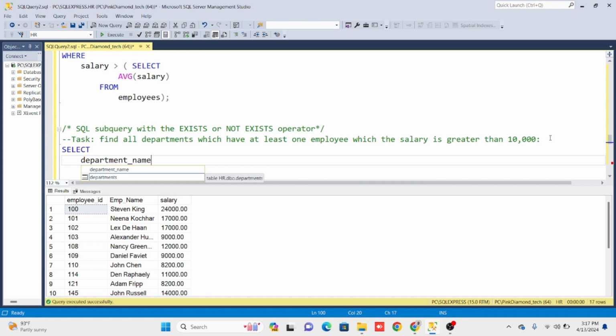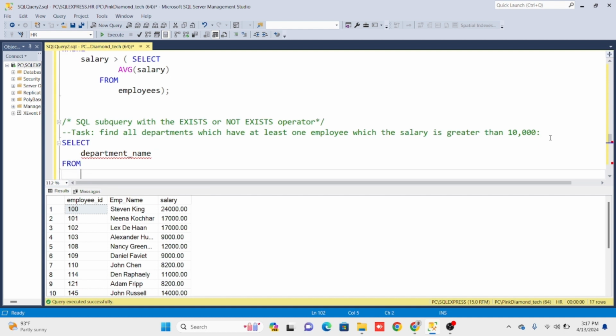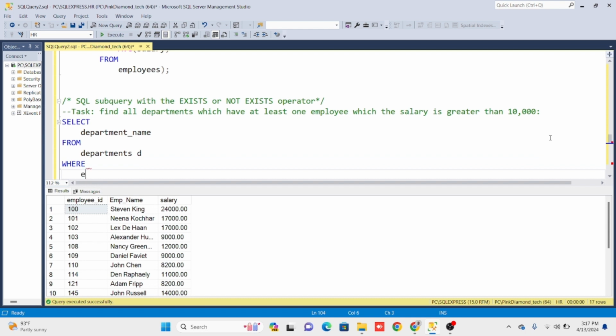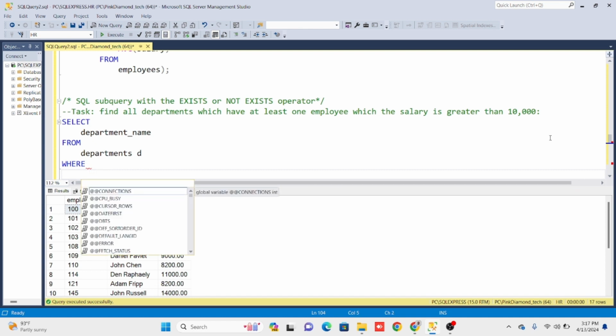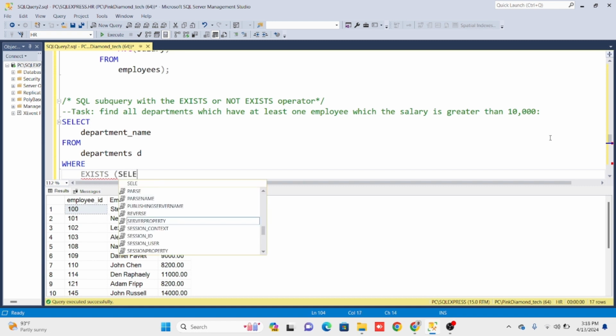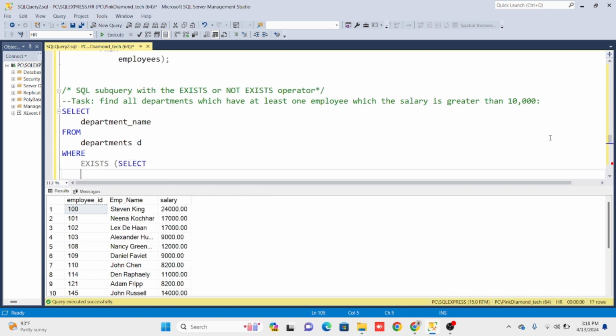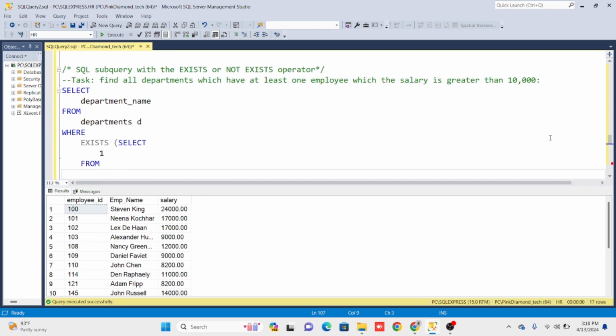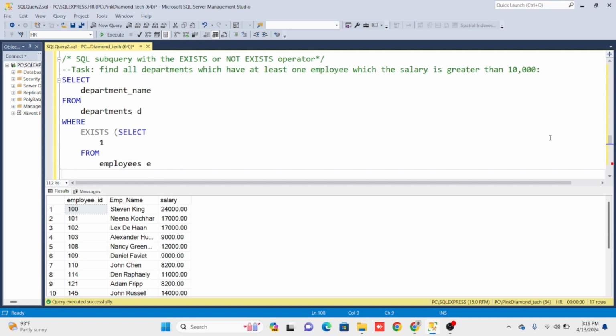Find all departments, so department name from department D where exists, select 1 from the employees table,